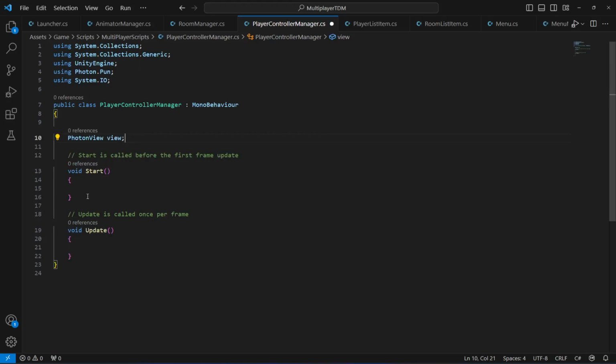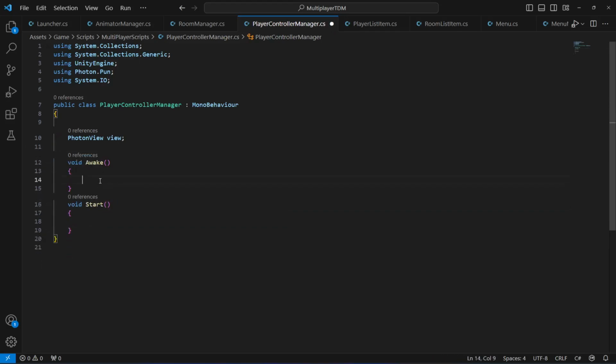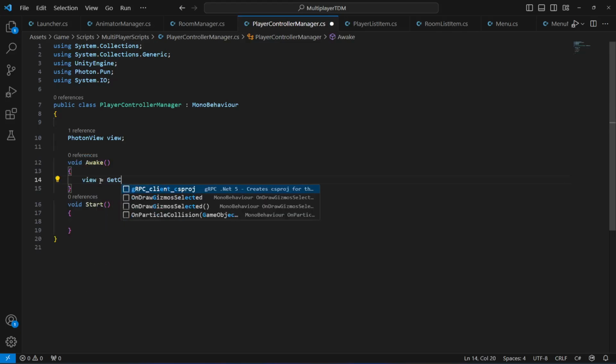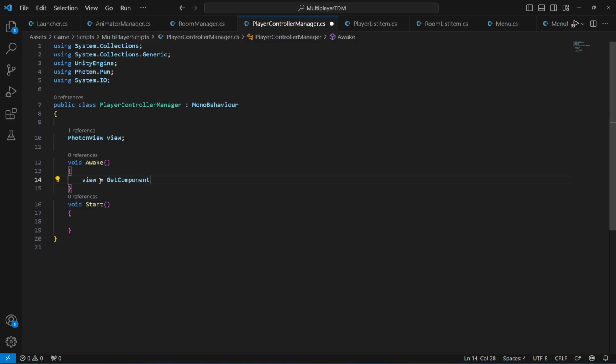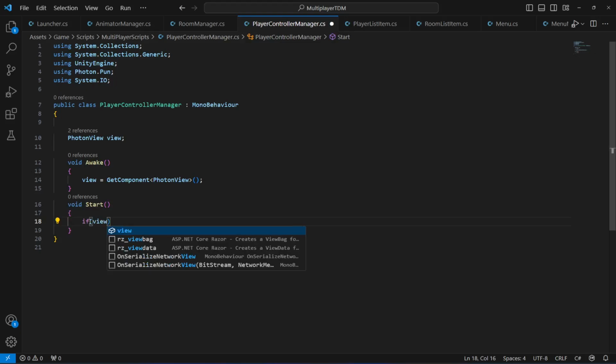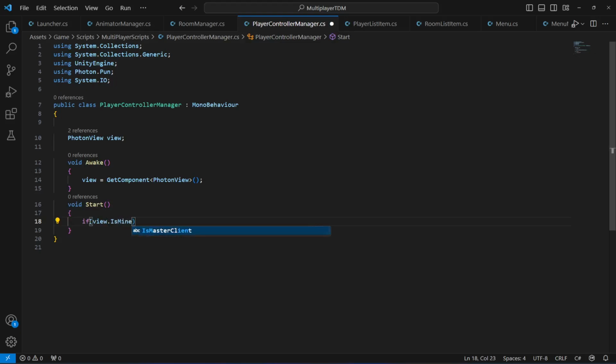And then let me actually remove this method. We will leave the start method as it is, and at the top let's add an awake method, and in here we're gonna say view equals to get component, and we want to get the photon view component. After this, in here we're gonna say if the photon view is ours, it means if